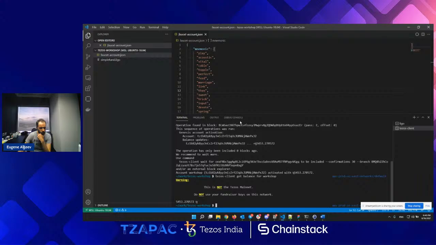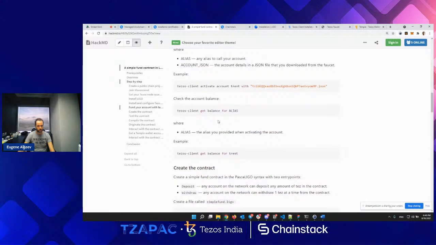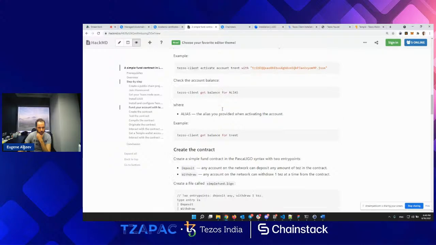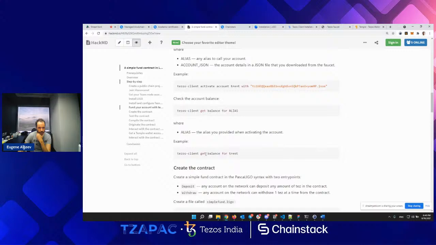Oh my God, I have all these TezAsia here. I'm rich. That's great. Unfortunately, it's only on the testnet, but we are doing the serious stuff here, right? We're doing the development, so we're not here for coins only. Great, so this is done, right? I have my account called workshop, which I just funded through the faucet.